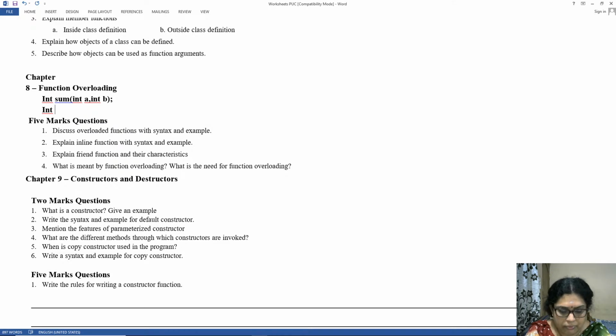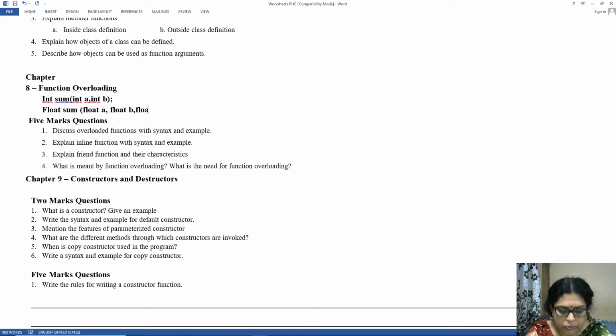The s should be in small letter because C++ is case sensitive. So I can say float sum, and then here put float A, comma float